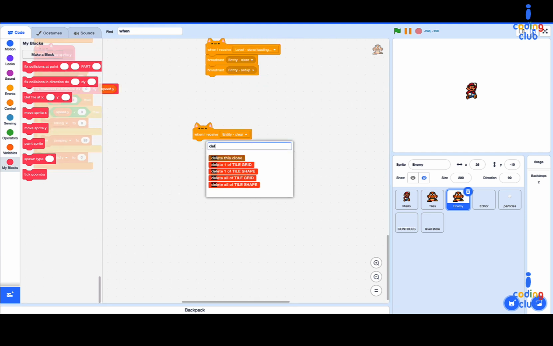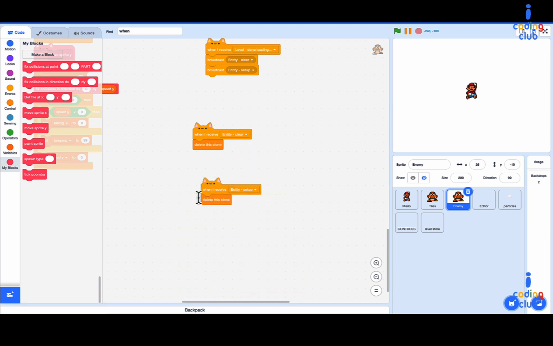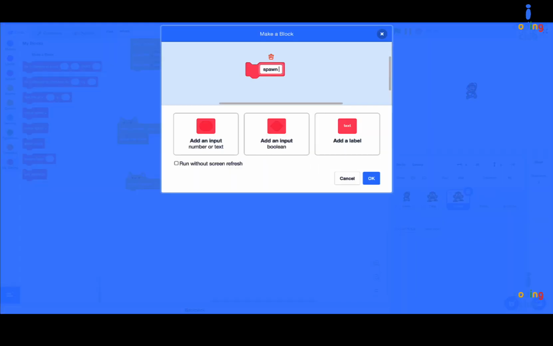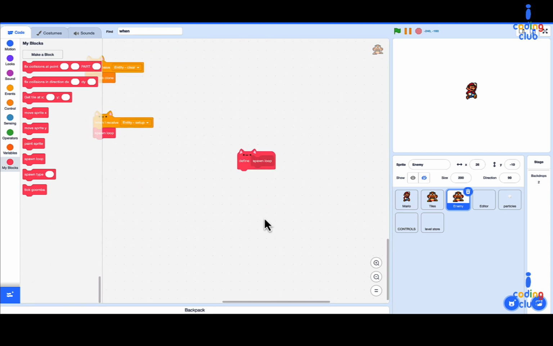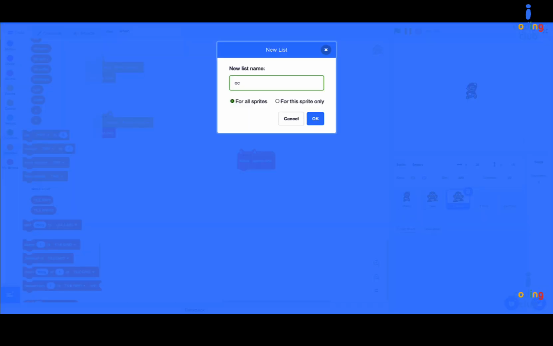And just simply delete these clones. And drag out when I receive entity setup. And let's make a new custom block named spawn loop. Run without screen refresh. And put the spawn loop block under. And under define spawn loop, first let's make a new list named object IDX